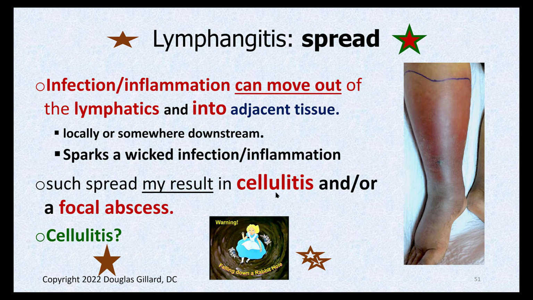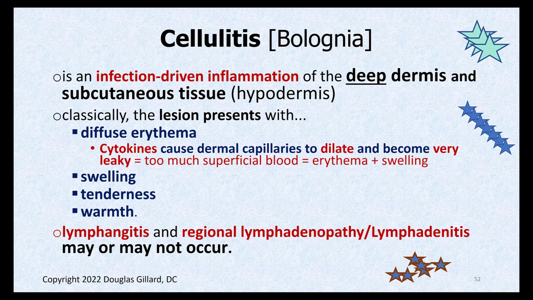And if we go back to this picture, if we go up to this guy and check his inguinal lymph nodes, they're going to be inflamed. By this point you'll probably be able to palpate big, inflamed, tender lymph nodes. And that would be called lymphadenopathy, and we'll get into that more next time. Well, I'll tell you right now, lymphadenopathy is a swollen lymph node that is not red. It hasn't gotten into the skin. So if it's a swollen lymph node and the skin is red over the top of it, it's called lymphadenitis.